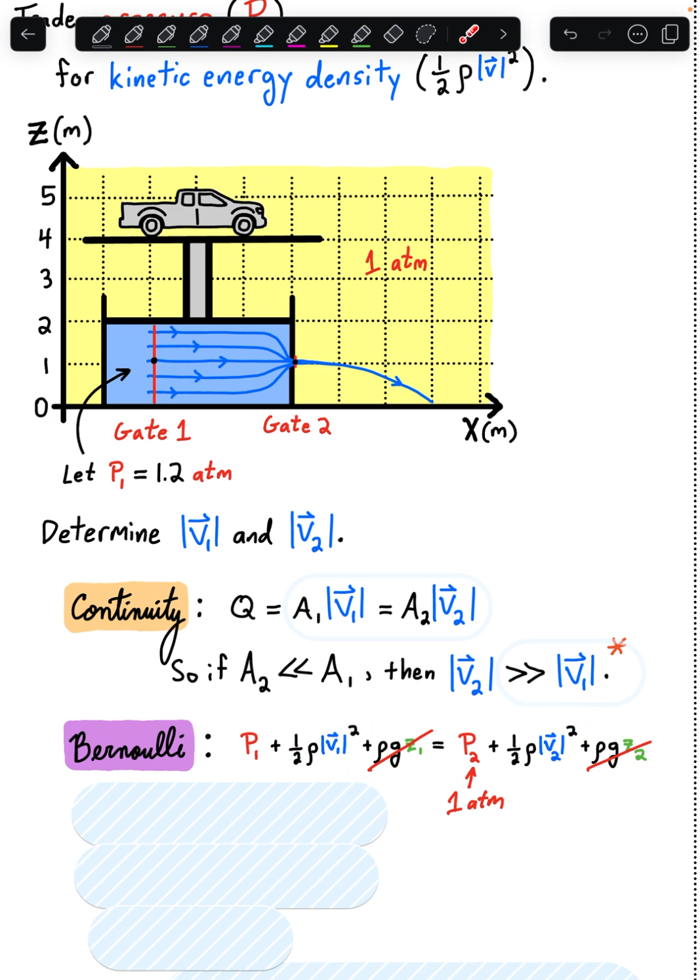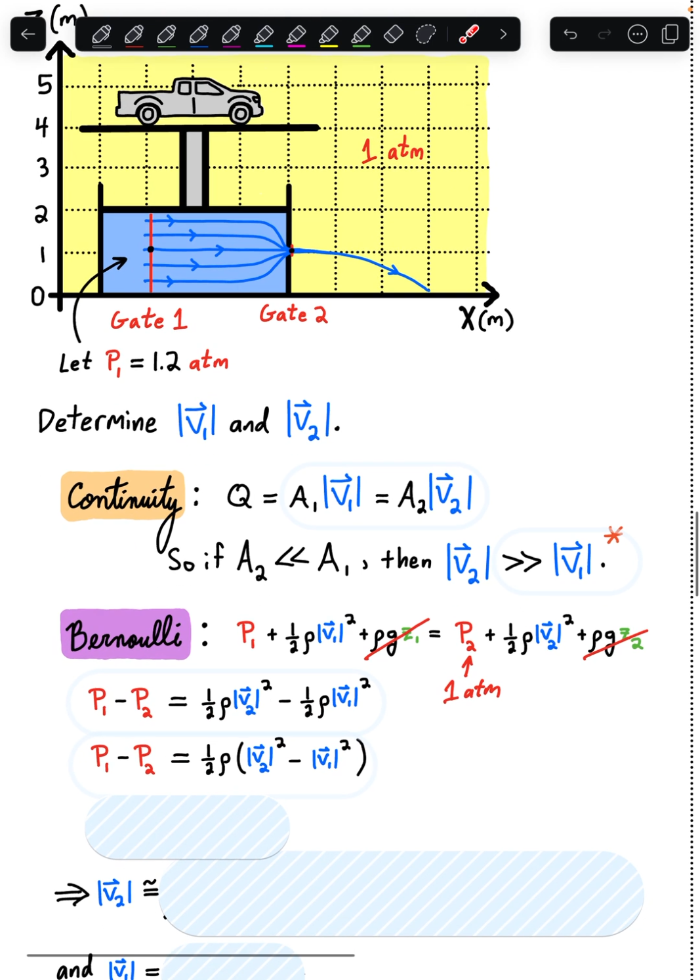So let's start rearranging this to solve for V2, the speed right there at the mouth of the hole. Get our pressures together on one side and get these kinetic energy density terms over on the other side. Maybe factor out the 1/2 rho from both those terms to get that expression. And here, where we've got the speed at the hole squared minus the speed back in the tank squared, here's where we note that since speed at the hole is much, much greater than the speed back in the tank, in this difference, V1 squared is negligibly small